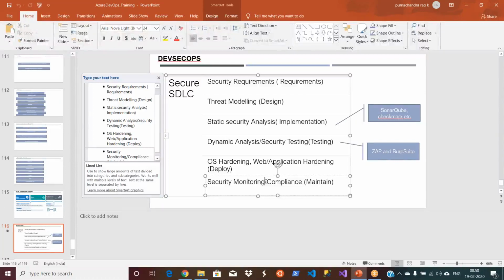For monitoring applications, there will be tools like Dynatrace. Basically, it will monitor all the aspects of the application, like how many requests are coming in, how many failed, how many are successful, how much time it takes, and if there are any attacks on the application. All those things will be monitored by application performance monitoring tools like Dynatrace. And for monitoring your servers or the network, we have tools like SCOM, Nagios, etc. And that will be taken care of by the infrastructure teams.